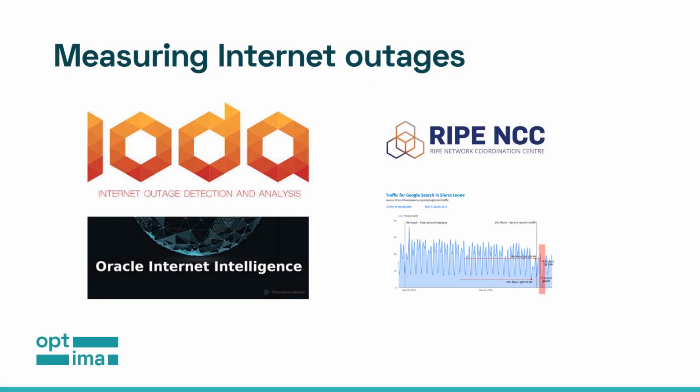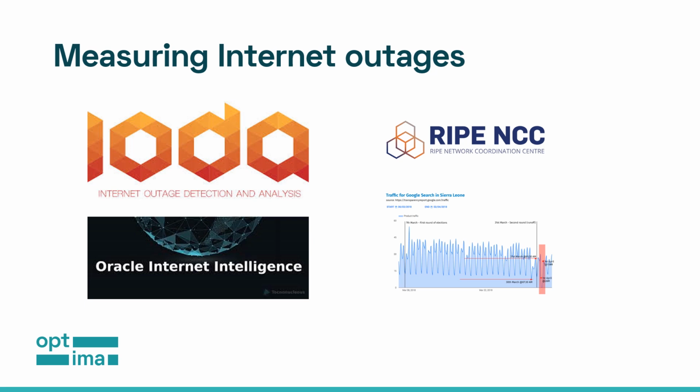Now, when it comes to internet outages, like when the internet is shut down completely, there are a number of different great data resources that you can refer to. One of them is IODA, the Internet Outage Detection and Analysis project, which you will learn all about through a dedicated module as part of this training. They share open data that you can access and download in order to inspect it, but they also have a great dashboard through which you can receive alerts and